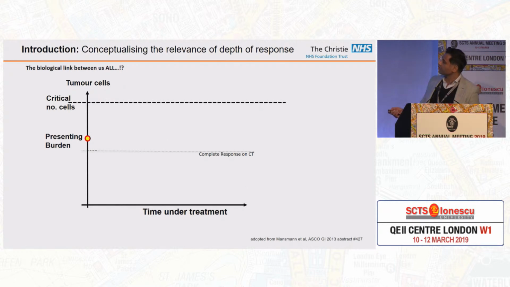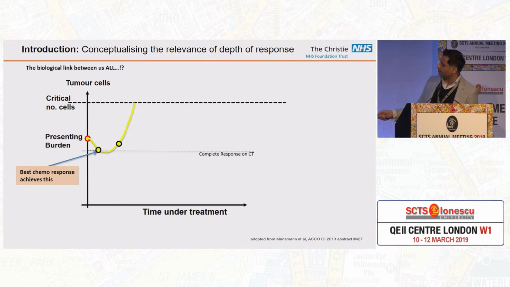So here we go. If you plot tumor cells to time under treatment, for a particular patient, patients present with a number of cells at presentation, and on average it's about 10 to the power 14 cells. And that patient then gets referred. If they get referred to me, they get given some treatment, and I know that I have a limited ability to cause cytotoxicity, but if I'm really lucky, I might cause what we call a complete response on CT scan, so that this lesion is no longer visible on a CT scan, and then that person will stay in a period of remission for a little while,